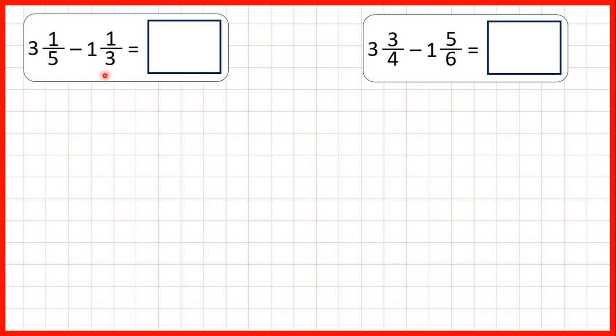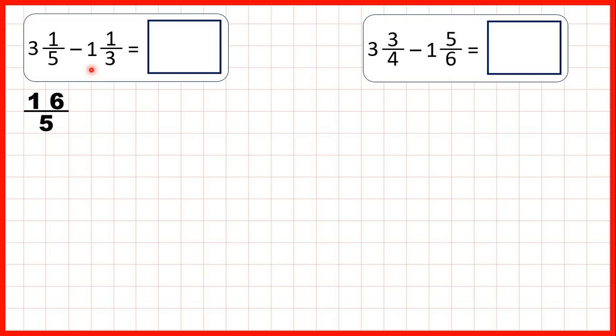Now we're subtracting mixed numbers, but this time we're going to get our answer by first changing both of our mixed numbers into improper fractions. Remember, to change a mixed number into an improper fraction, we multiply the whole number by the denominator and then add the numerator. So for 3 and 1/5, 3 times 5 is 15 plus 1 is 16, and the denominator